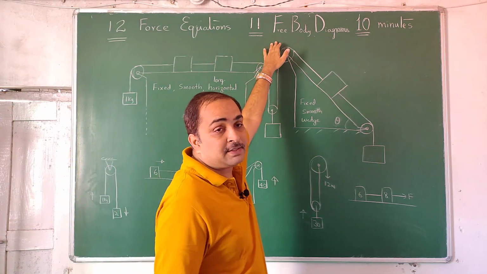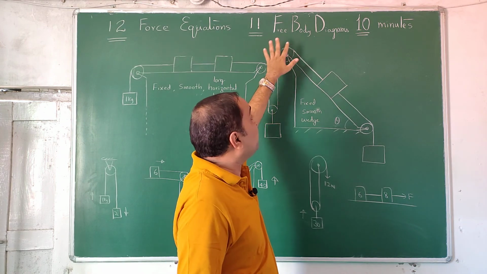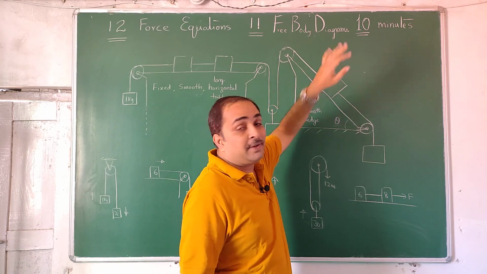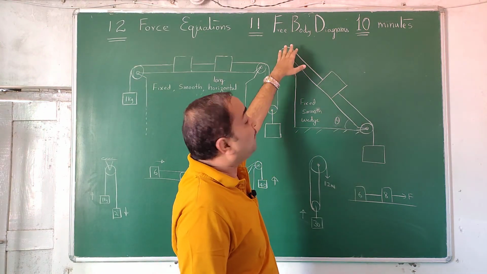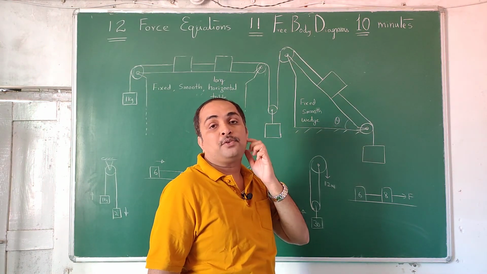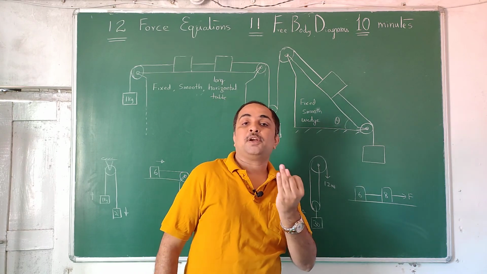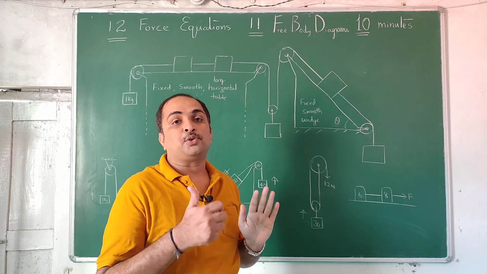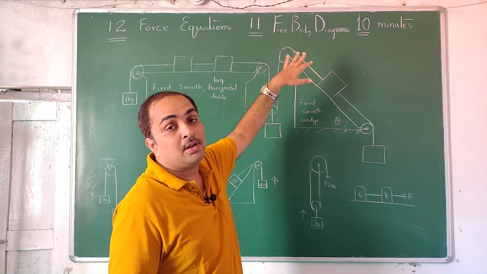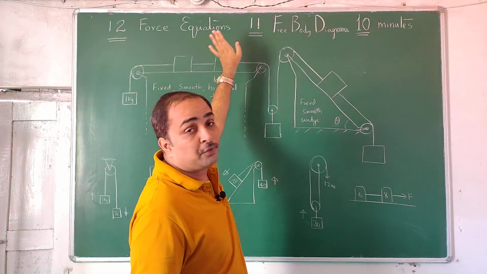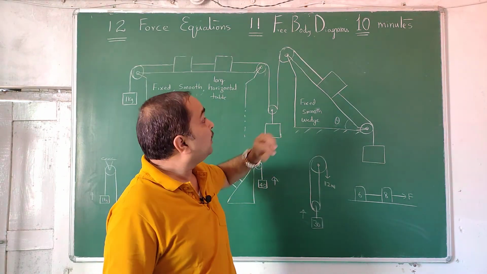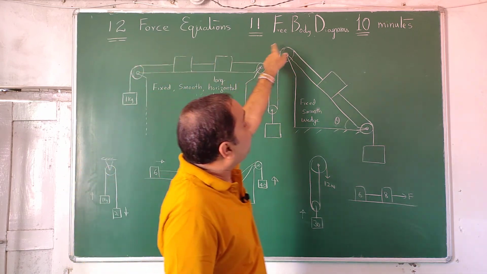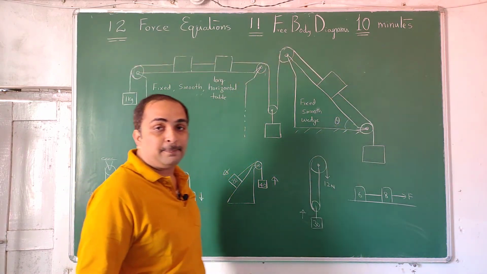Next, 11 FBDs. This also they will be going on teaching procedure. Simple procedure I will teach you where a beginner can easily catch. Free body diagram, we call it as FBD, which is very much required in all the 6 approaches we use in mechanics: force approach, work energy approach, momentum approach, center of mass approach, angular momentum approach, torque approach. All the 6 approaches need FBD. But writing force equation is exclusive for F is equal to ma. In 10 minutes we have to learn it. So our topic is 12 force equations, 11 free body diagrams.